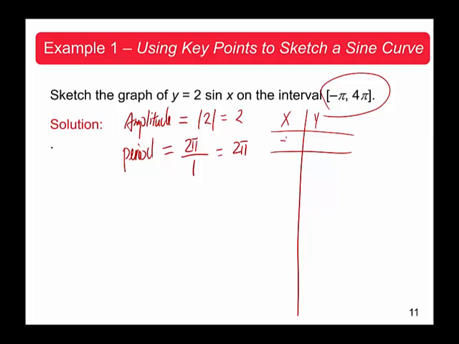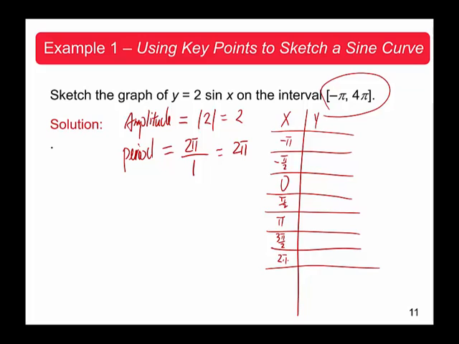First one, negative pi over 2, 0, pi over 2, pi, 3 pi over 2, and 2 pi. And then we get 5 pi over 2, 3 pi, 7 pi over 2, and 4 pi. Right, that will cover all these